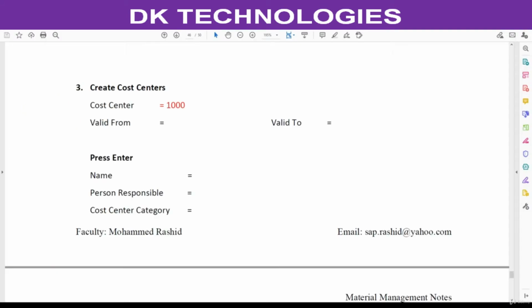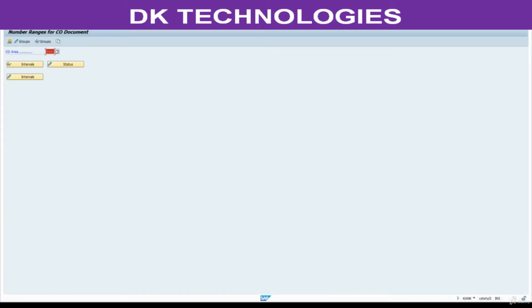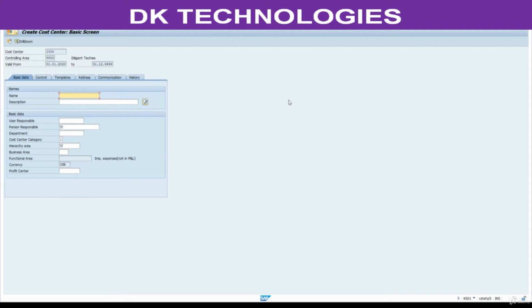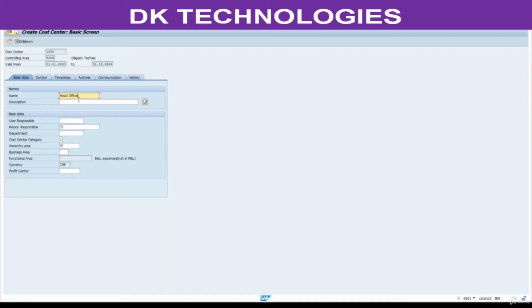So now go to notes. Case 01. Here enter 1000. Enter the validity like this. Press enter. Here enter the description. This is head office cost center. Person responsible.